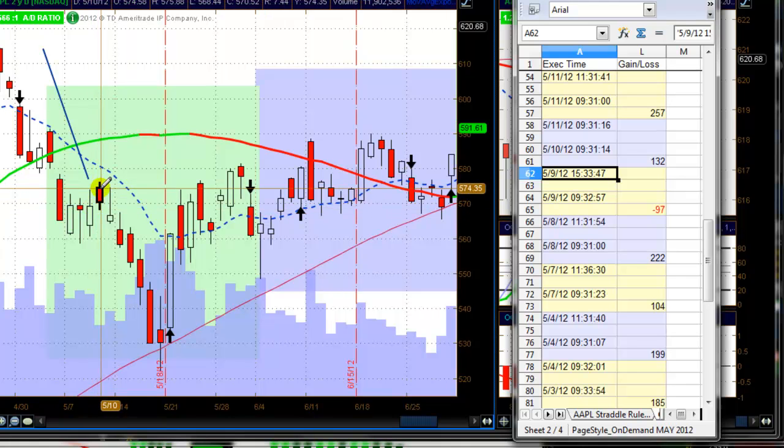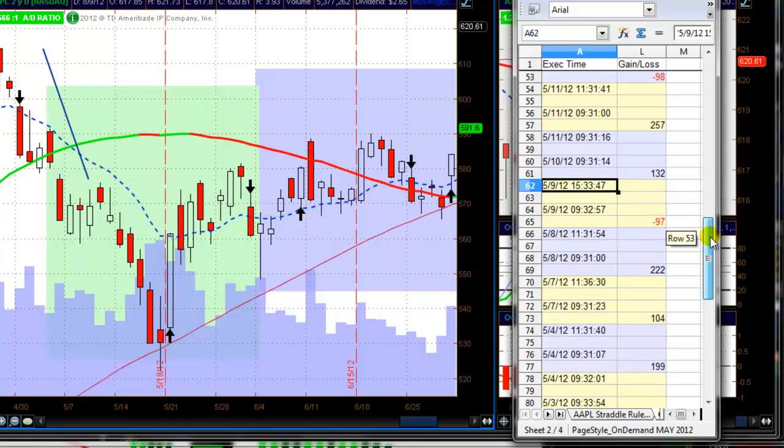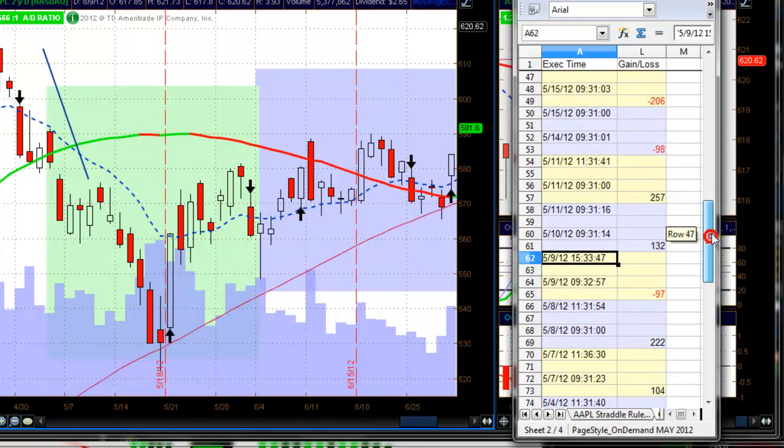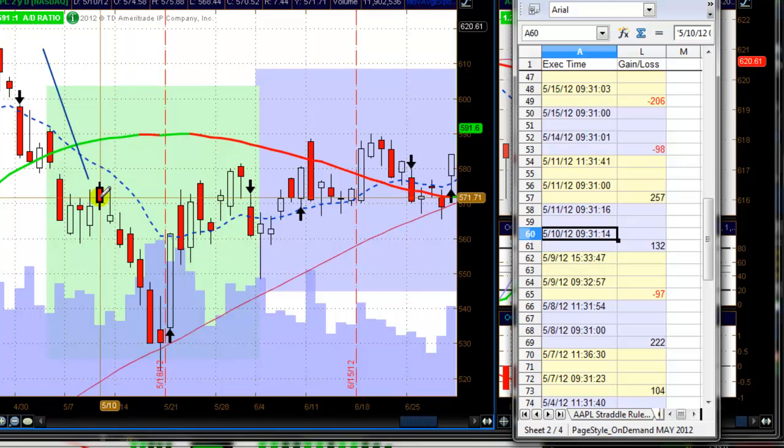The next day it actually gapped up and then came back down, so I don't know if it would have made anything there or not. I'm not sure. I didn't mess with any of these dates. This is a strict raw download from Thinkorswim. Then on 5/10, which is here, there wasn't enough range in that day to make any money, but you'll notice